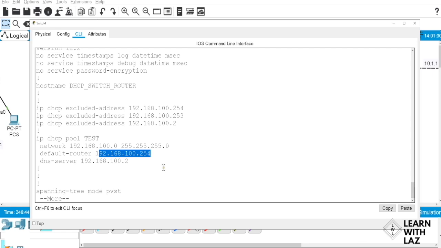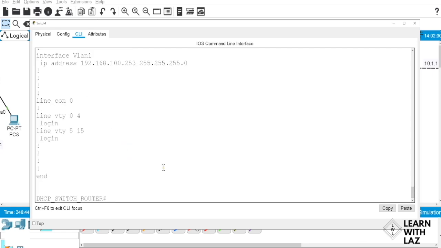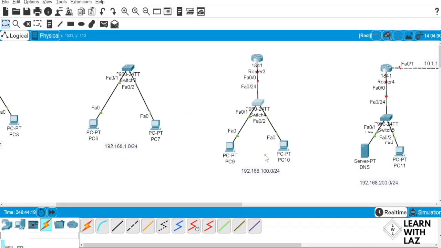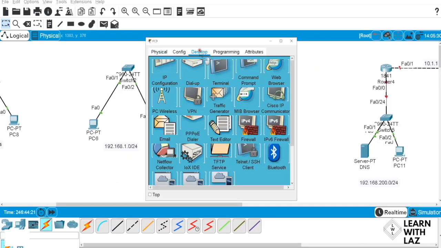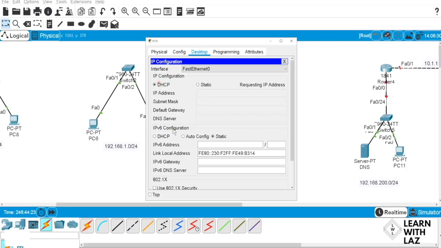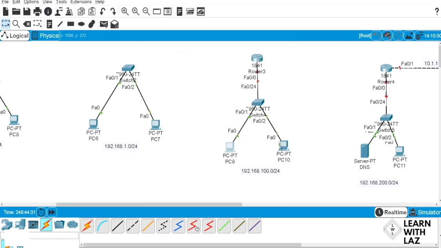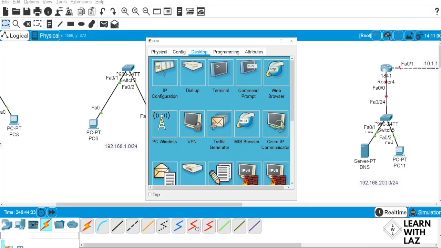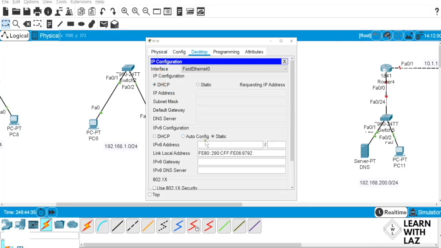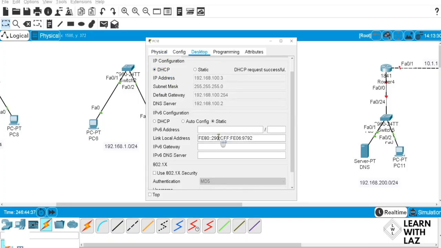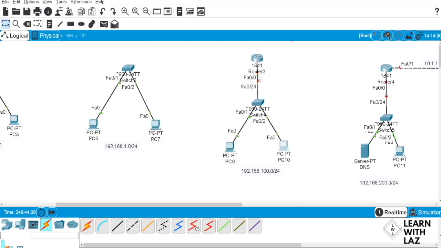Okay. And then we go all the way to the bottom. We have the switch IP address. So let's see. First, let's take a look at our PCs. All right. So let's assign it. Let's see if they get assigned. All right, cool. 254, 100.1, 2. They're good to go. Desktop. All right. DHCP. All right, we're cool here. All right, awesome.